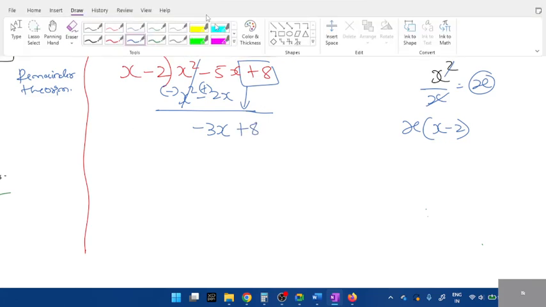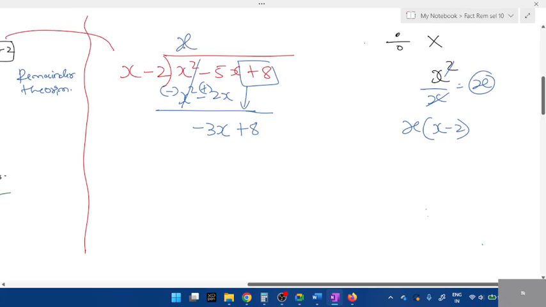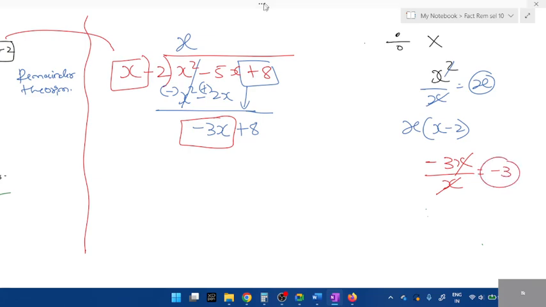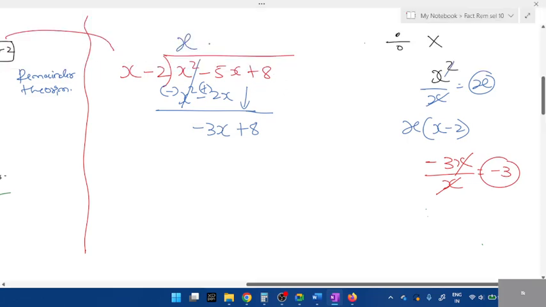Second thing, again continue with division first. Which one you have to divide? This x along with this. Minus 3x divided by x. What do you get? Minus 3. Okay, so you put minus 3. Division is done. Which two you have to multiply now? Minus 3 with